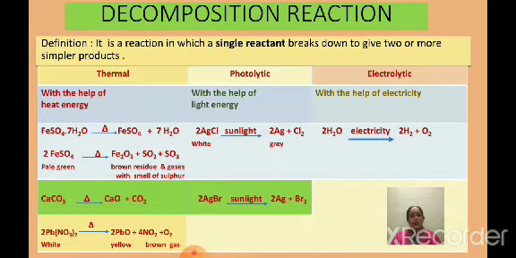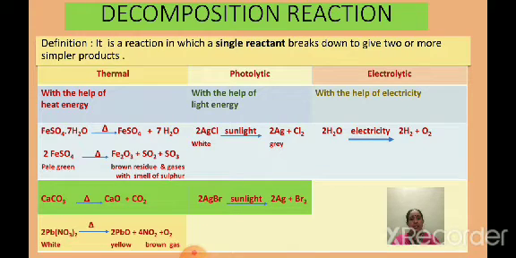You should know the observations associated with this particular reaction. See the change in the color of the crystals. Initially we have pale green crystals of ferrous sulfate. But after the reaction, the product formed is ferric oxide Fe2O3, the color of which is brown. Therefore, the color of the crystals changes from pale green to brown due to the formation of ferric oxide. Now, what is the other observation? You will get a smell of burning sulfur. What is it due to? It is due to the evolution of two gases, namely sulfur dioxide and sulfur trioxide.